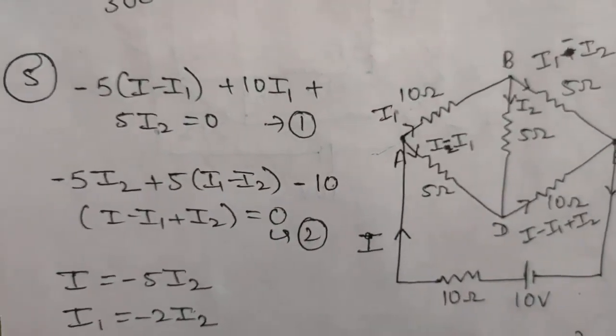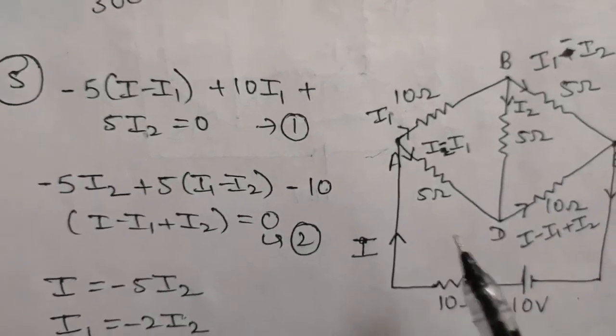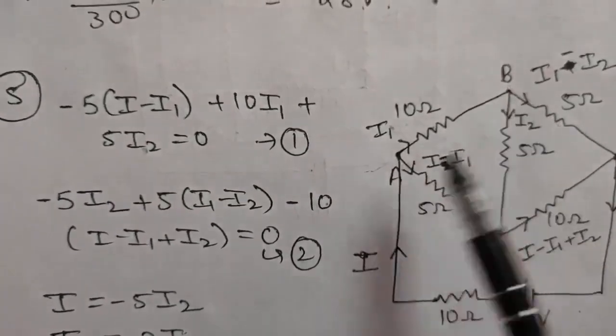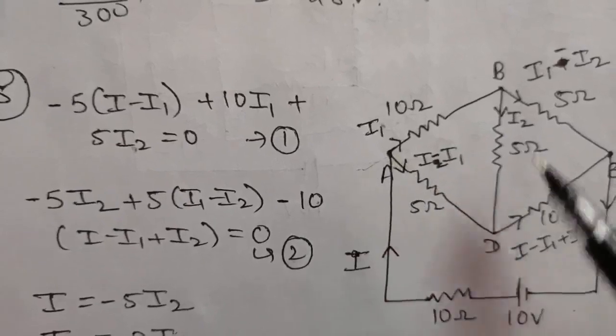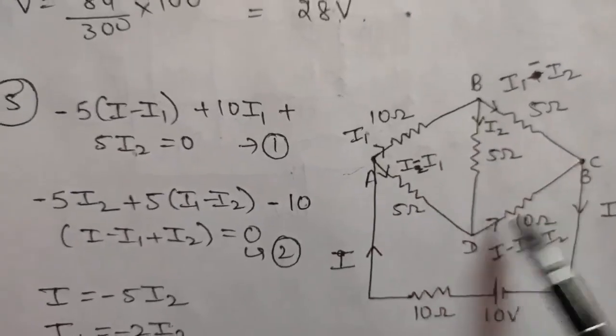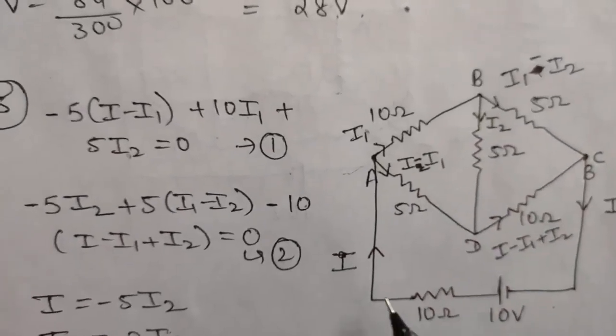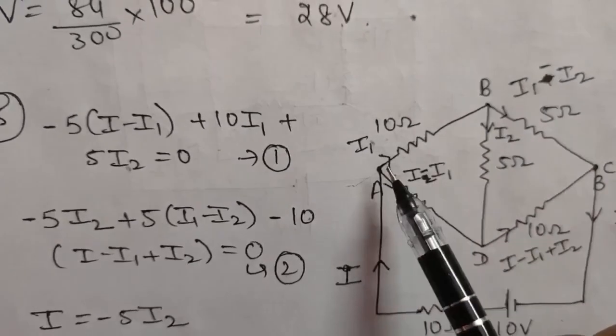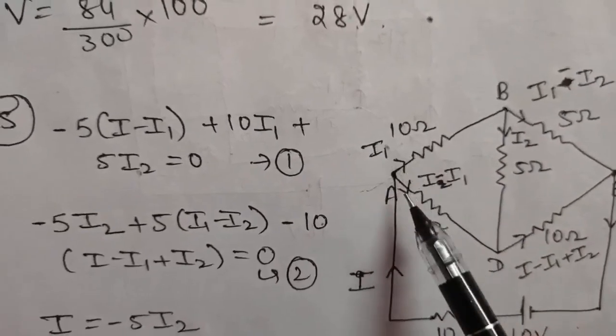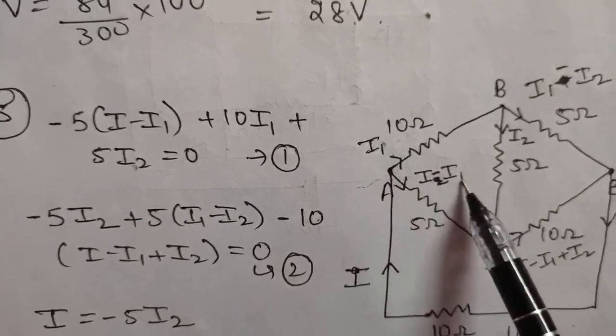In this you have to tell the current across each branch. We will be telling it across AB, AD, BD, BC, DC, all of these. Let us suppose current I is flowing. Let us say I1 current is going in this branch. Therefore, from this branch I minus I1 will go.